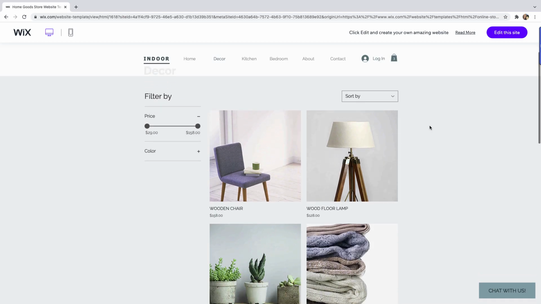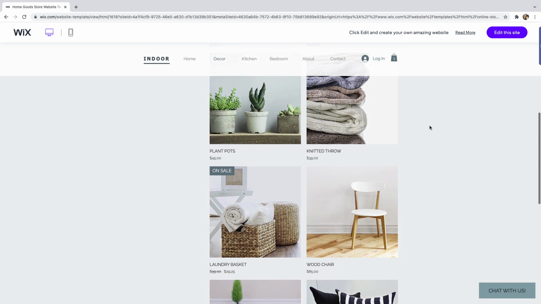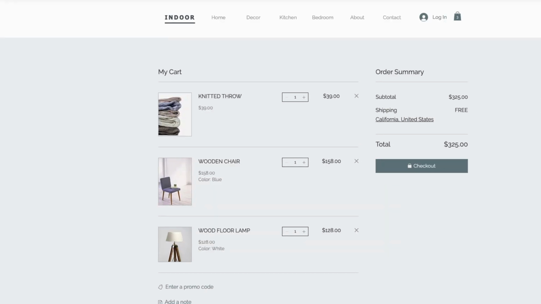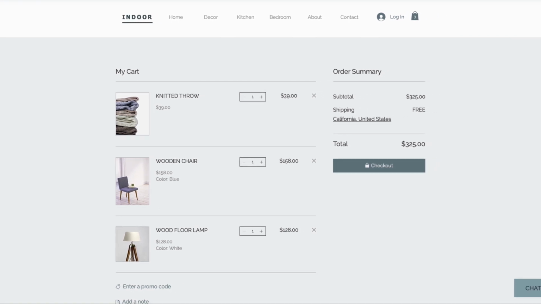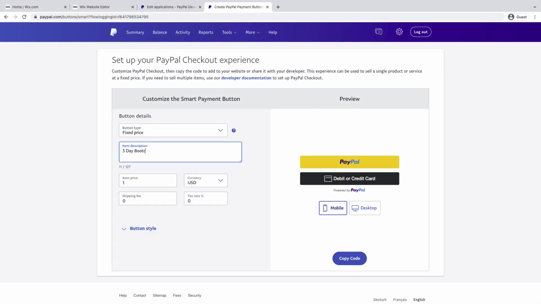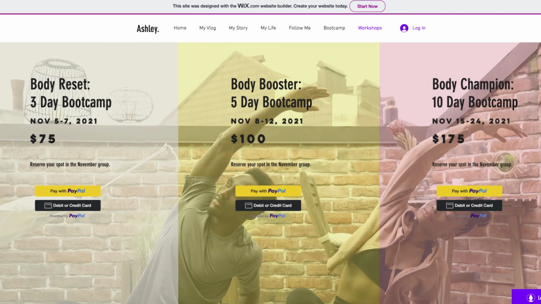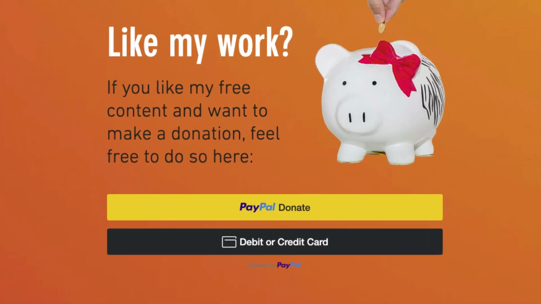Just a quick note before we get started, if you're planning to set up an online store, we wouldn't recommend using these buttons, as Wix's integrated payment checkout system is a great solution and reasonably priced for what they offer, if that's what you need. But using these buttons is an option that's available to you if you just want to sell a few items on your site or accept donations from your fans that doesn't warrant an entire e-commerce solution.